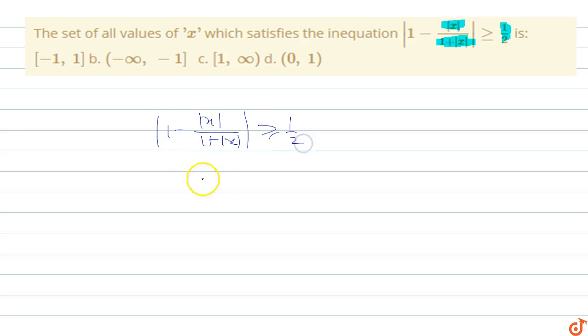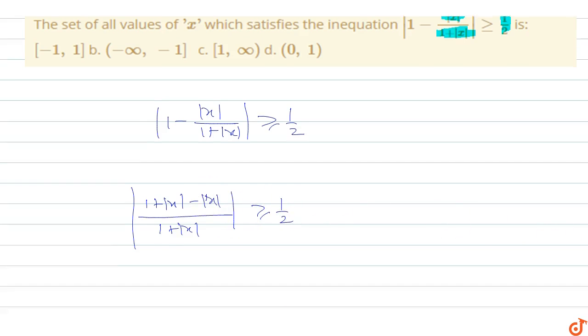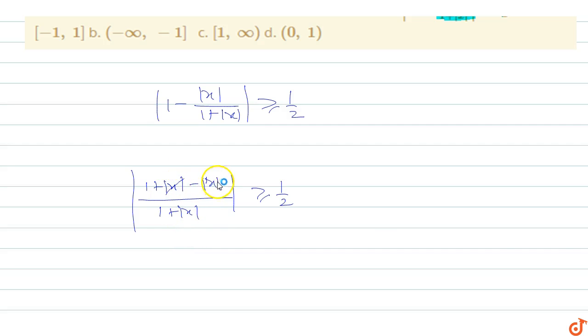इस मोड को ओपन करेंगे मीन्स सबसे पहले हम क्या करते हैं एलसीएम लेते हैं. इसका एलसीएम आ जाएगा 1 plus mod x. So this will become 1 plus mod x whole mod minus mod x whole mod. This is equals to 1, greater than or equal to 1 by 2. So mod x से mod x cancel out. So this equals to, इसको देख सकते हैं 1 upon 1 plus mod x which is greater than or equal to